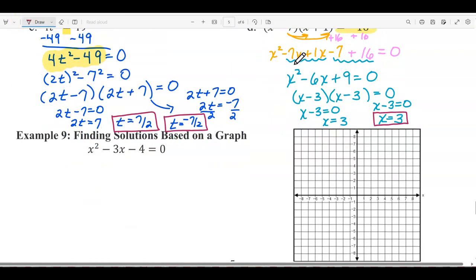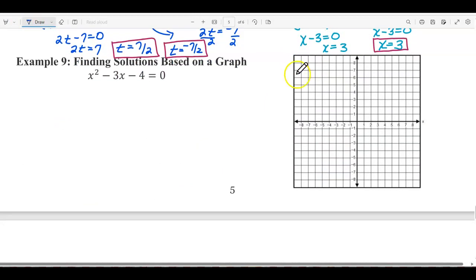Looking at our last example, x squared minus 3x minus 4 equals 0, we're asked to find the solutions and then talk about what it means graphically for those solutions. So we're going to use the same approach. We check and make sure it's equal to 0. It is. This is a trinomial, 3 terms. It has a 1x squared in front. So I'm going to take the approach where I'm factoring